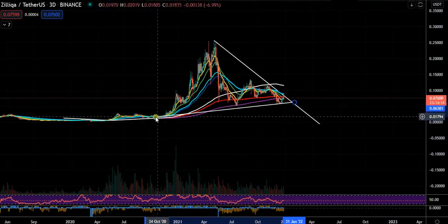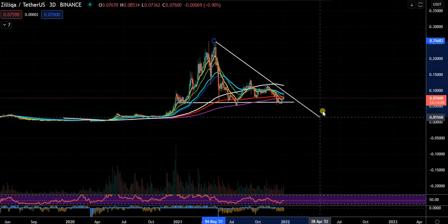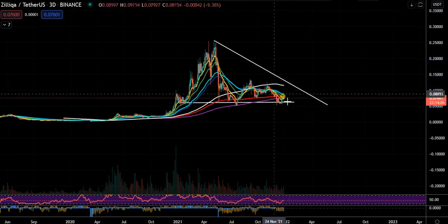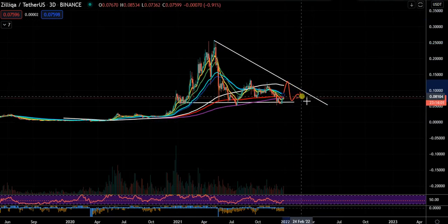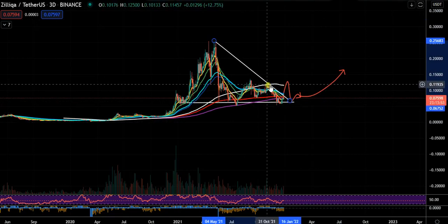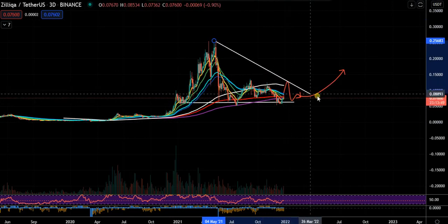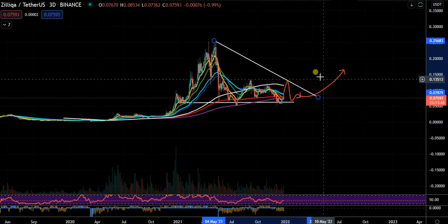You could also draw this here, and this might then make a higher high here, for example, or whatever, a move up to here. It can still form out that pattern, but it needs to break out of this pattern before any substantial move, and we're getting close here. But I would suggest that this pattern needs evolution. It needs to maybe form a different high before we're getting a real move out of this, because